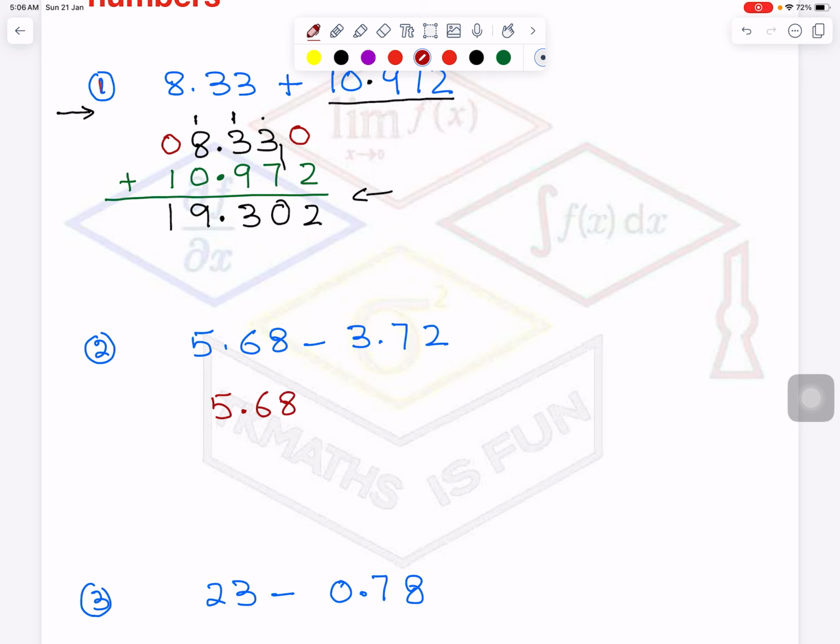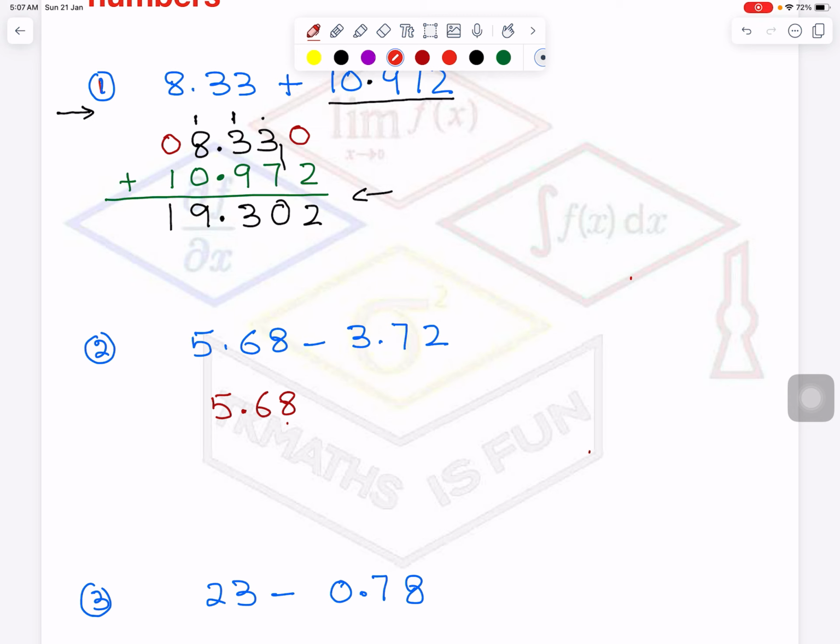68 is not the right word, because 68 means tens place and unit place. But these are tenths. Tenths mean 6 divided by 10, which is 0.6. 8 is hundredths place, which means 8 divided by 100, which is equal to 0.08. So you have to use the right language, okay? So it is tenths, hundredths, like this. THS comes at the end. Anyway, so now let's add